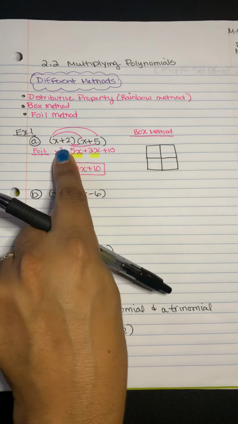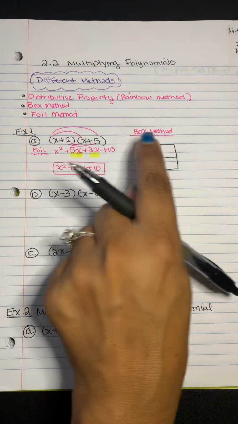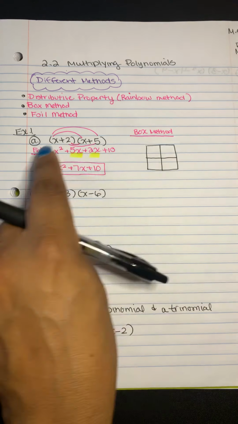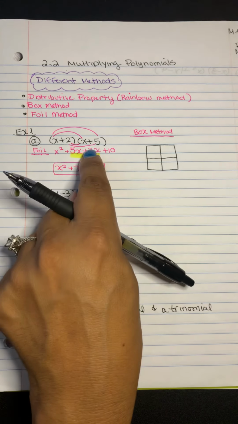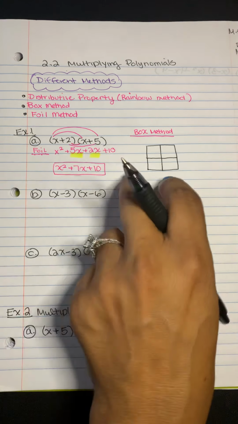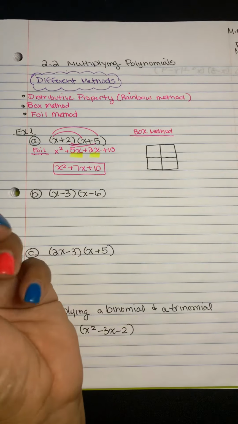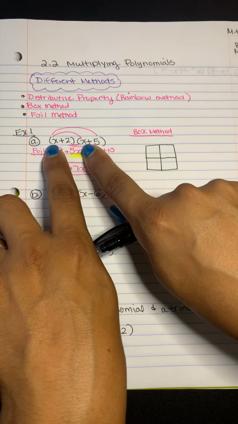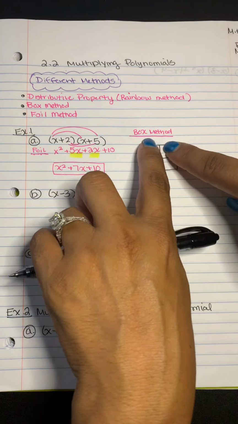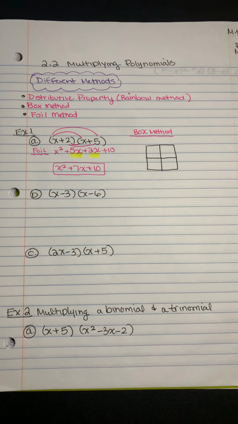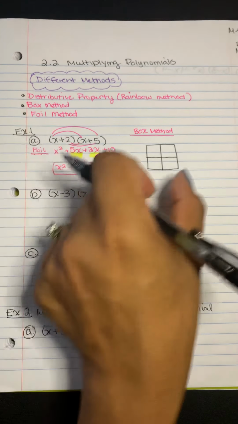Now, it doesn't matter where you put this x plus 2. You can put it at the top, put your x here, put your positive 2 here. Along the side, you can put x plus 5. And then if you want, you can switch the 2. It doesn't matter, okay? So here we go. But what you cannot do is say, oh, I want to combine x and x. So you put an x and x here and you 5 and 2 here. You can't do that. They come together. Whatever's inside the parentheses, you must